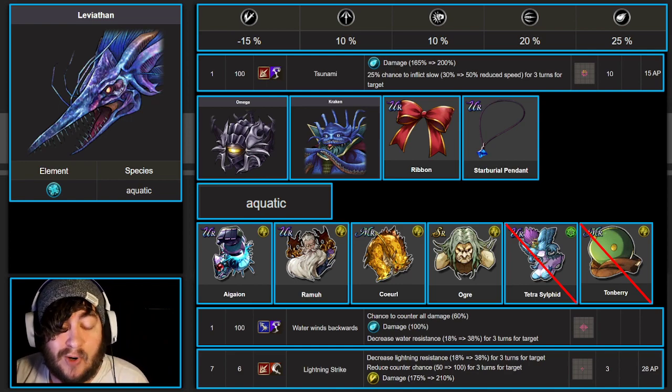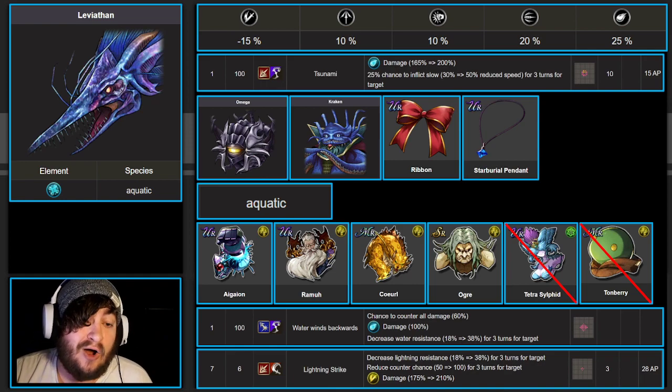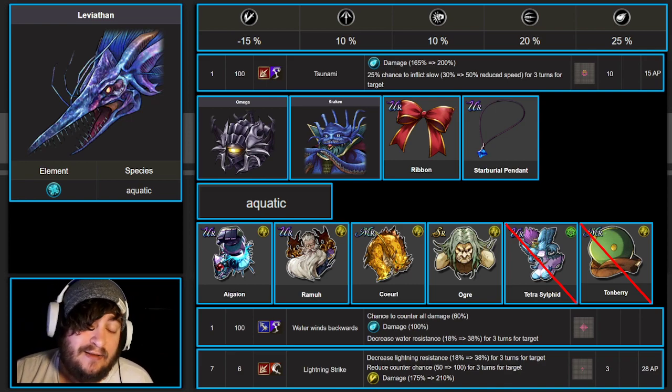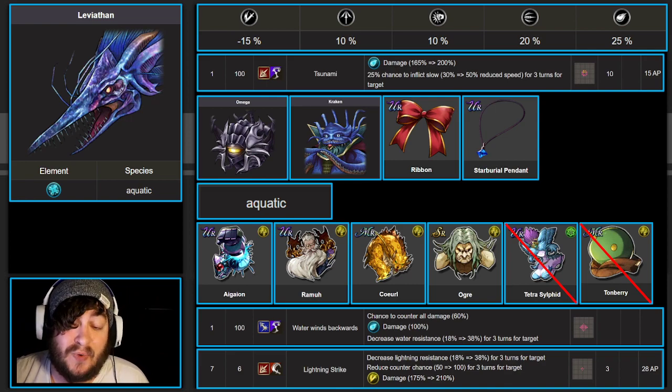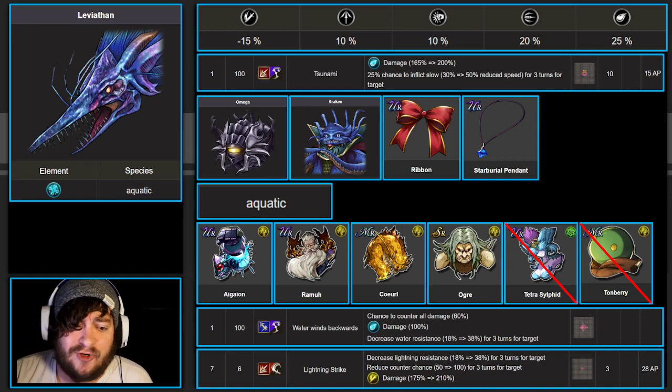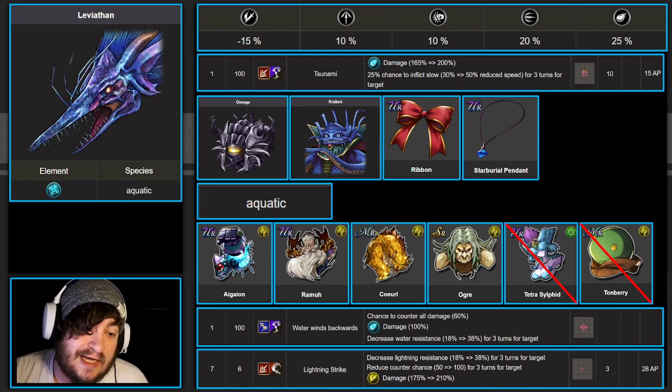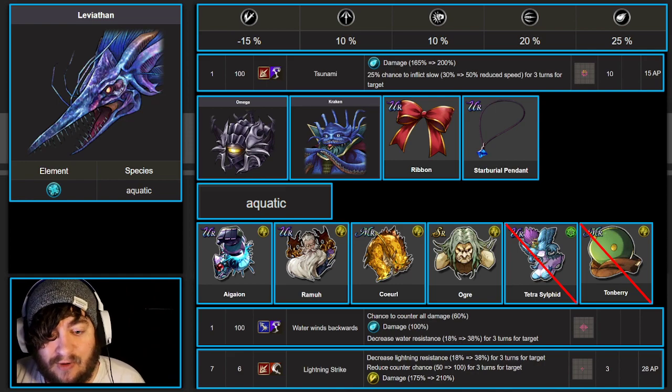Tetrasulfide and Tomberry both have access to water killer slash aquatic killer as well. However, I would not recommend using them. I think they don't have enough in their toolkits to kind of support this raid, particularly Tomberry. Tetrasulfide, maybe if you're doing some type of weird composition, or maybe you don't have an esper, but I would stay away from them. But if you are desperate, you can definitely go that way for a little bit more